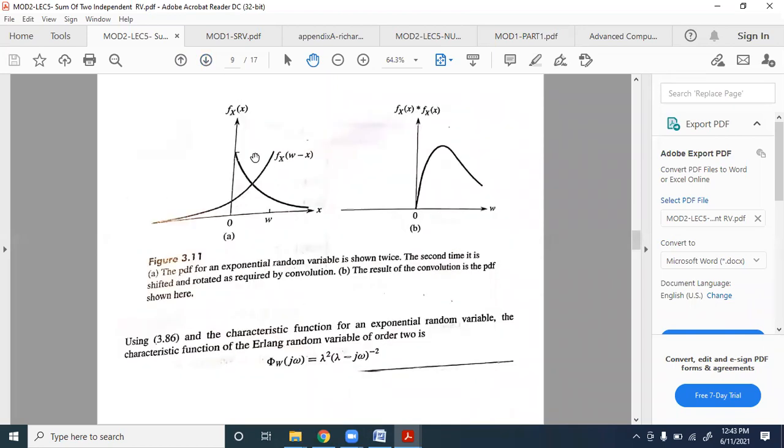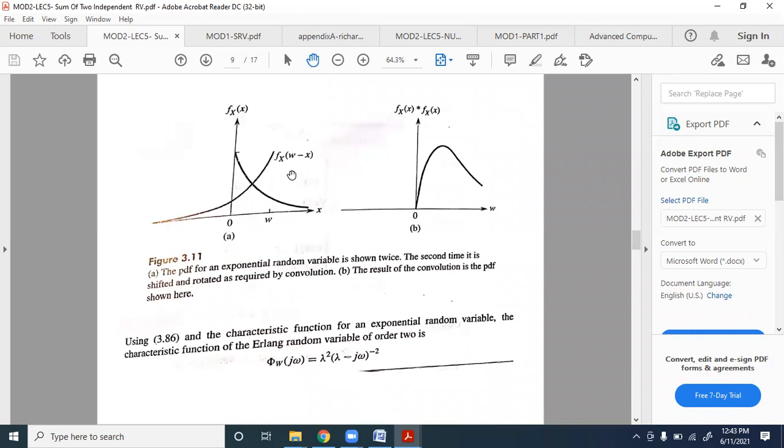And then I can take the mirror image of this, okay? Rotated version of this or mirror image of this, which will come out to be like this, right? From here to here, if I take the mirror image and then you shift it by w, that means it goes forward, which will give me fx of w minus x. So this gives me a shifted version of the rotated form of fx(x). Take the mirror image of this, which will become like this, and then shift it by w,